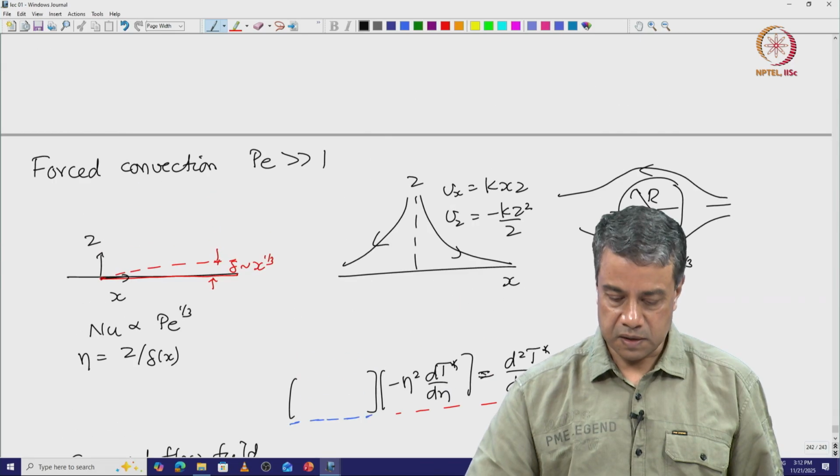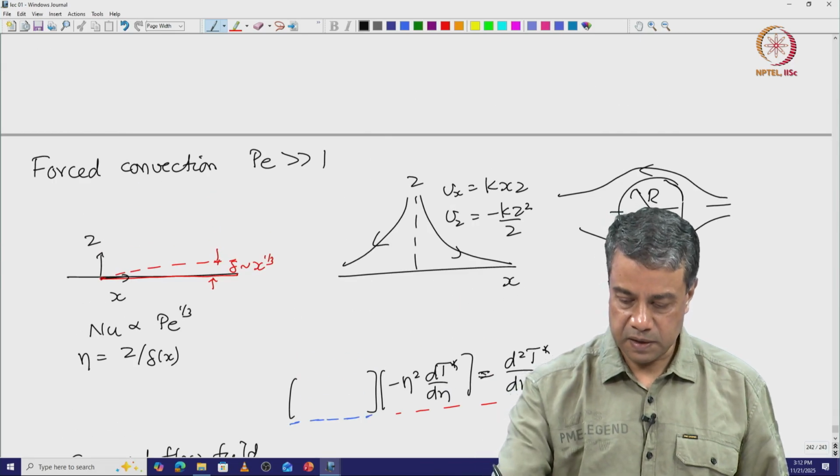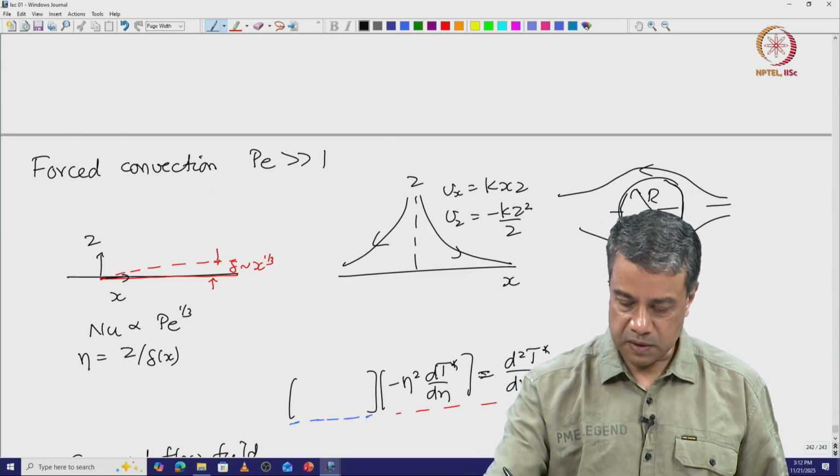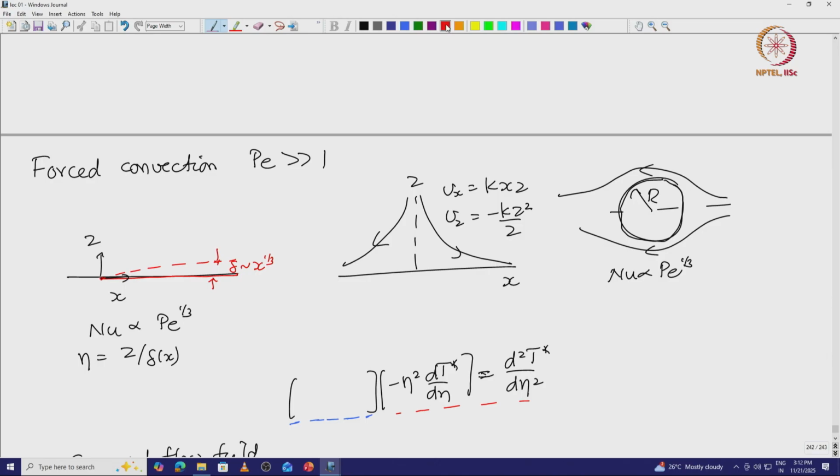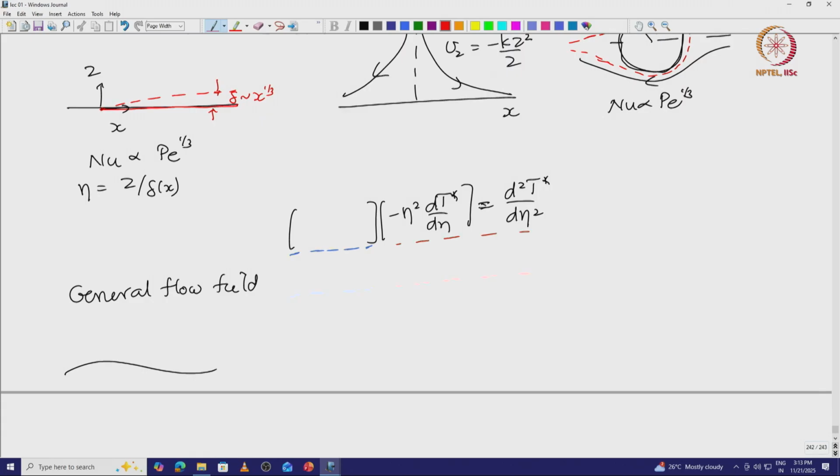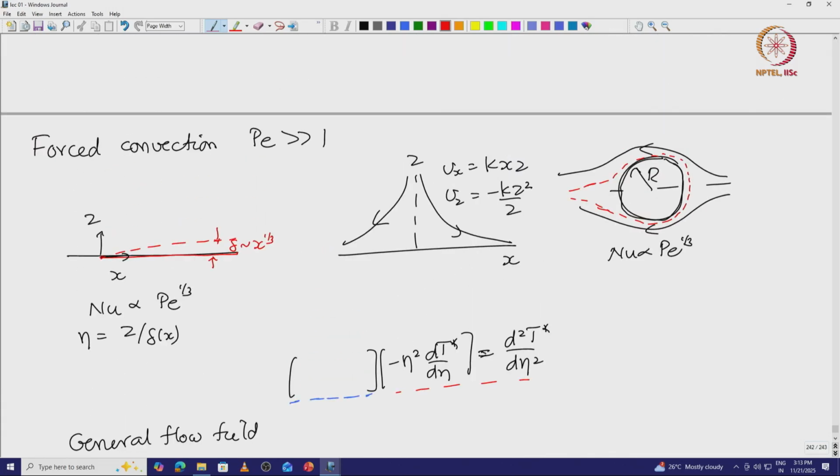So, in the case of this for example, the boundary layer thickness is small compared to the radius, except at the downstream side where you have the downstream stagnation point. Everywhere else the radius of the sphere is large compared to the boundary layer thickness,